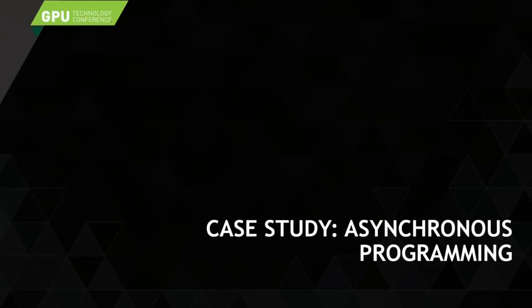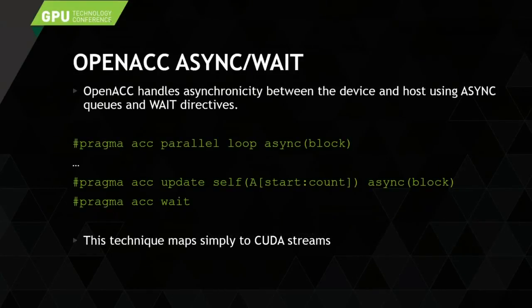Now I want to talk a little bit about differences in how asynchronous programming is done in the two specifications. Next slide, please. In OpenACC, we have an async clause and a wait directive. So what I could do is I have an ACC parallel loop. I could say make this asynchronous on some handle. That handle specifies which asynchronous queue. And I can do an update on that same asynchronous queue, and then I can later wait. And so I can build up pipelining